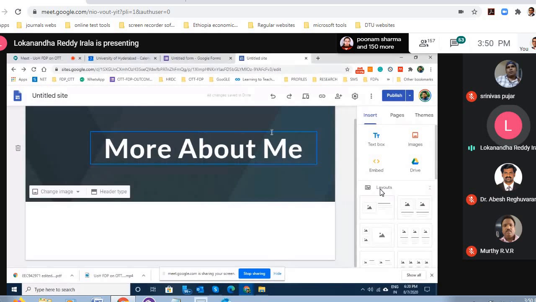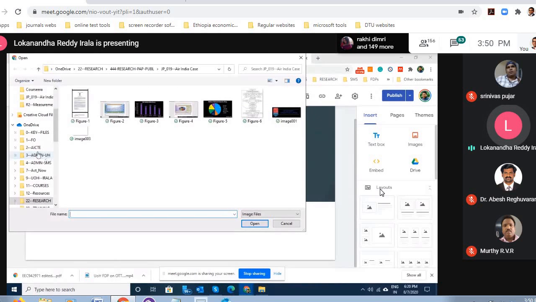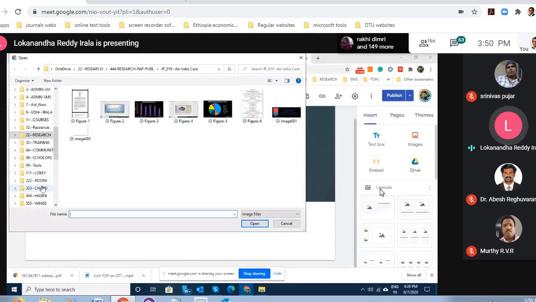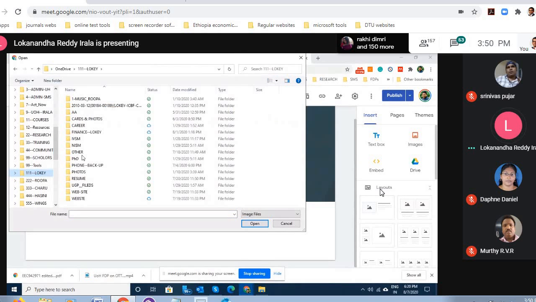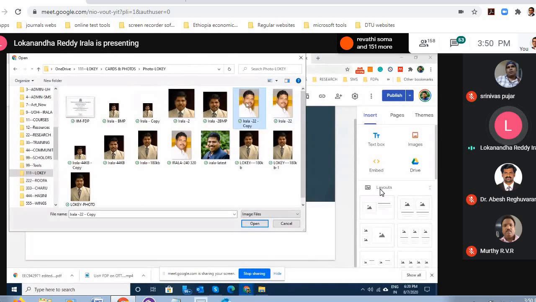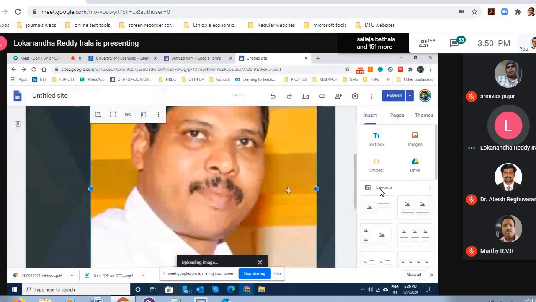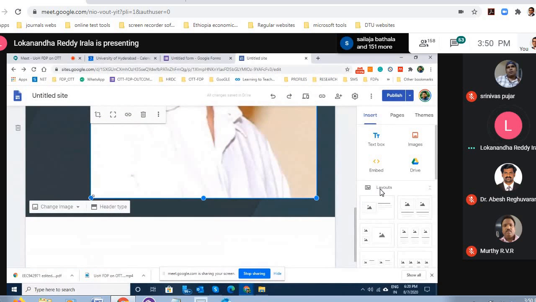See, here I clicked to insert an image, it did not work. So what I did, in the right side menu, I went to this insert, and then I clicked here, images. Then upload. When I am uploading, I will have to go to the place where I can find one of my images. So I'm searching here. Let me pick up a new image. So here. Right? This you can resize.